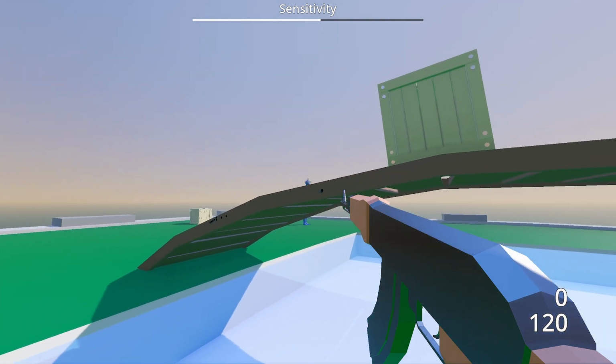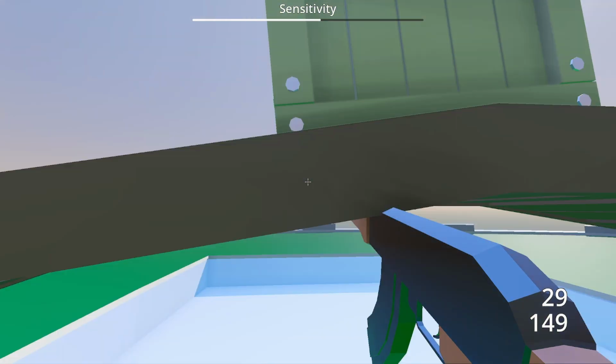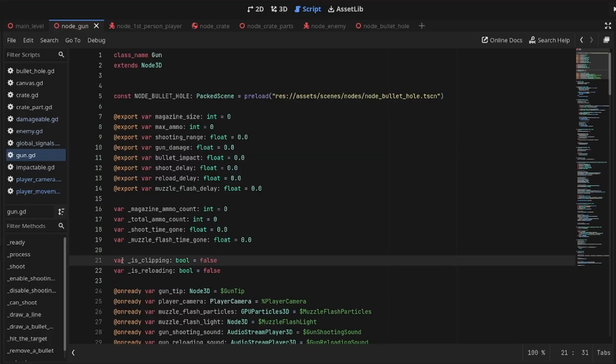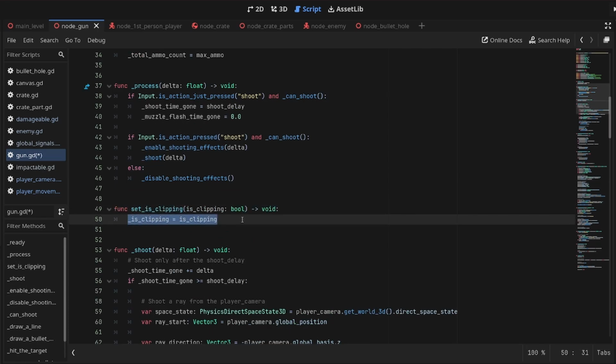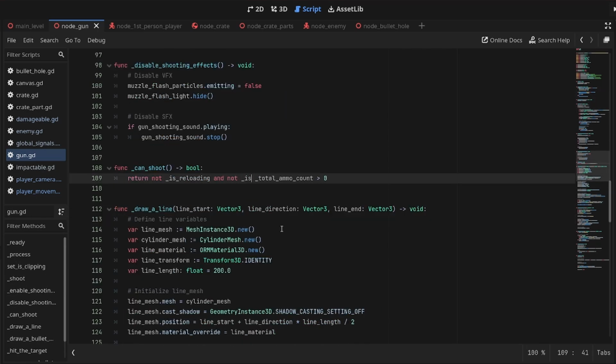Awesome! Well, this is another problem. Let's fix that. Modify the gun script so that there is a boolean to determine if a gun is clipping through a wall or something else. Then add a public function to change the isClipping value and make it only possible to shoot if the gun